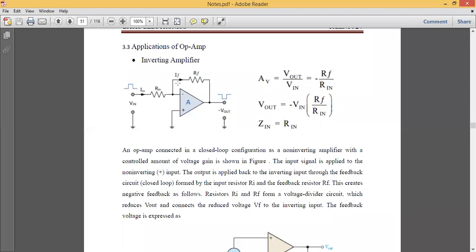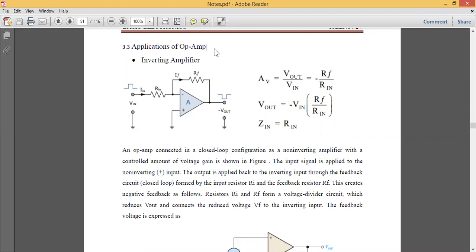Okay, welcome back to the video lecture of module 3, basic electronics, and in that let us see the applications of op-amp. Applications in the sense we have studied what is op-amp. It is an operational amplifier which does all the mathematical operations like summation, integration, differentiation. Then we have seen the block diagram of op-amp.